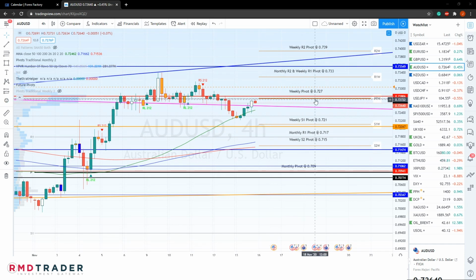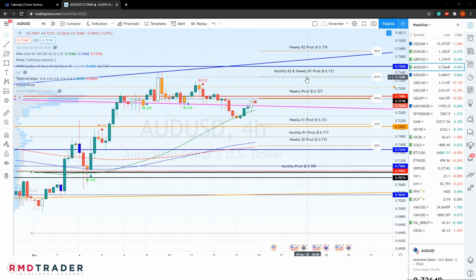0.727. And it would seem there could be some room for a deeper pullback towards this 4-hour 100 SMA, where it could meet up with the monthly R1 pivot at 0.717. We can also see that we have our 4-hour 200 SMA just below that, and that means this area right between the weekly S2 pivot and monthly R2 pivot would be an area of support should price move into this area. However, should price actually manage to drive back above the weekly pivot, new bullish targets could include firstly this area of